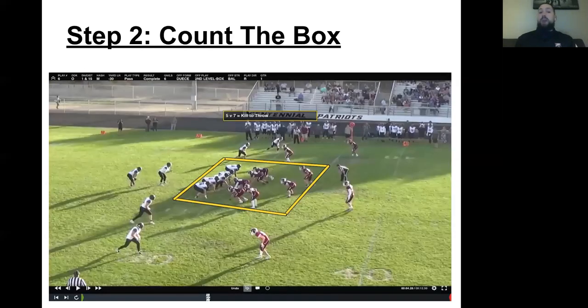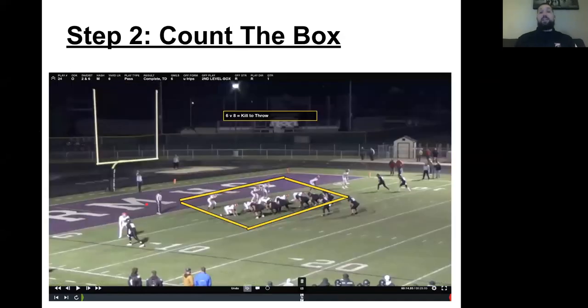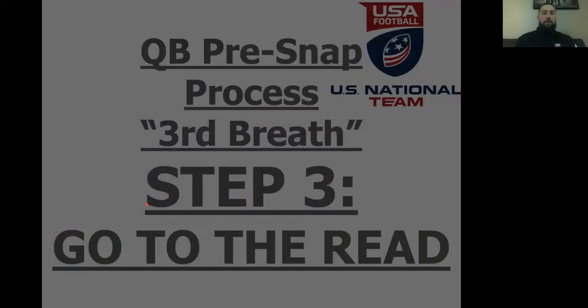This would be 5 to block 7, right? We're in a 10 personnel set. They've got 7 in the box. We're going to say kill to the running back. Okay, we're going to say kill. It just becomes now 60 or 6-man protection with a half slide. Okay, and we're going to go ahead and take care of ourselves and these number issues we have with a throw, right? Our best leverage throw is clearly right here to that uncovered dude. Okay, again, 6 to block 8, we got to kill it to throw it.